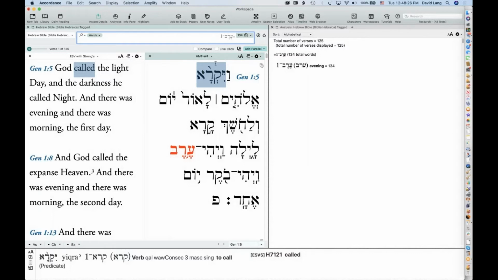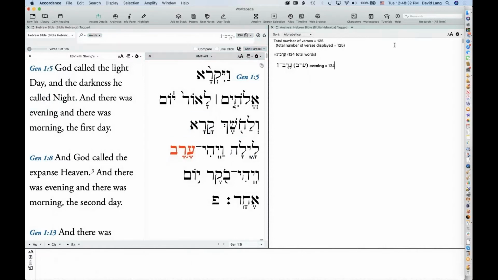Now, what if I want to find Erev where it's only spelled Erev? Let's go back to our analysis here. Now, the analysis defaults to listing every lexical form that was found by my search. And in this case, I only searched for one lexical form, Erev-1, which means evening.